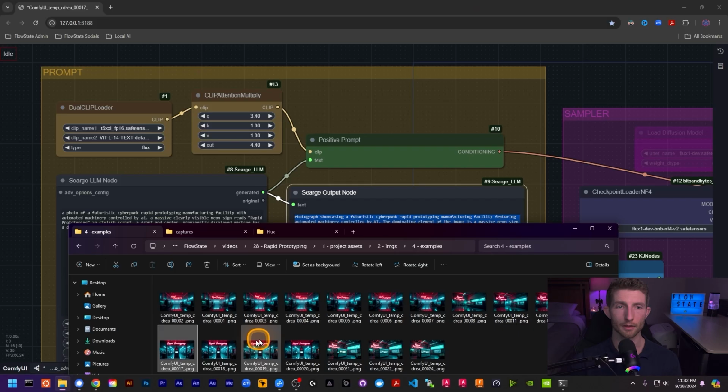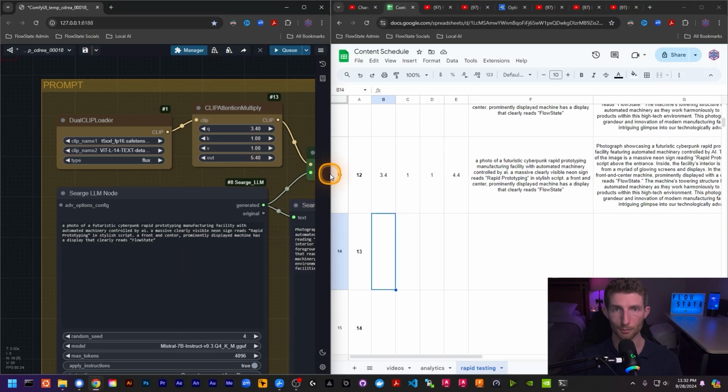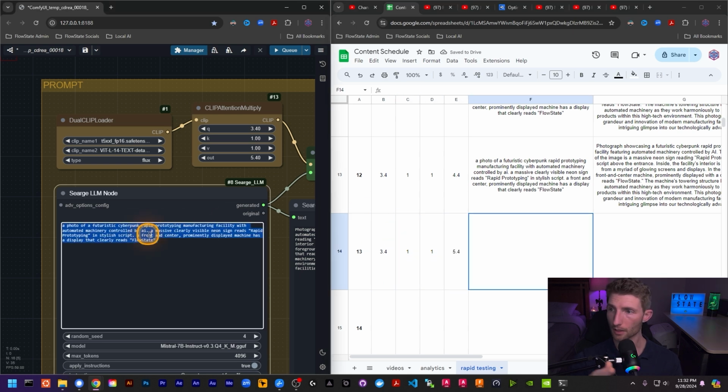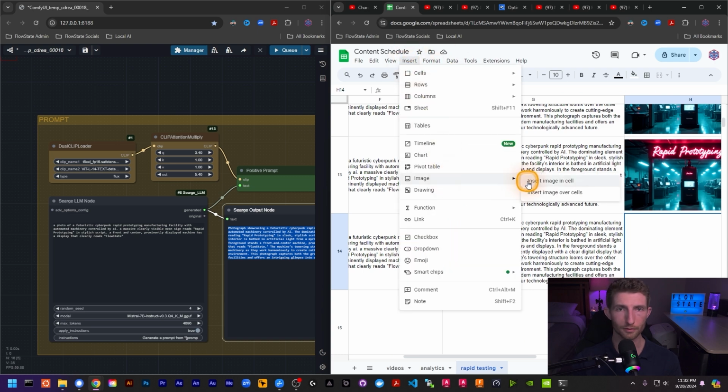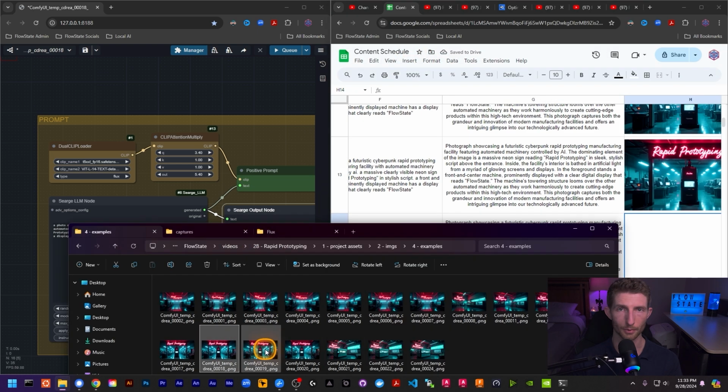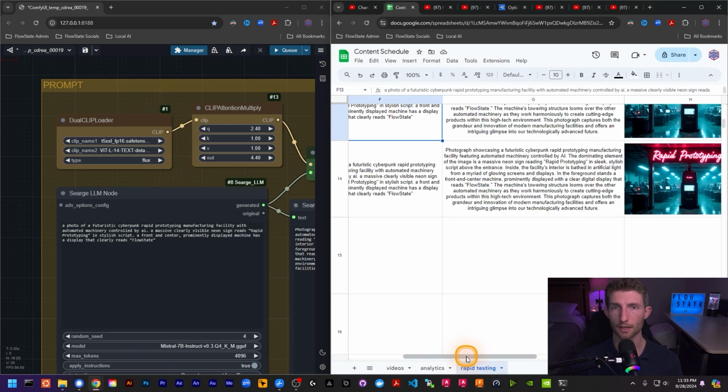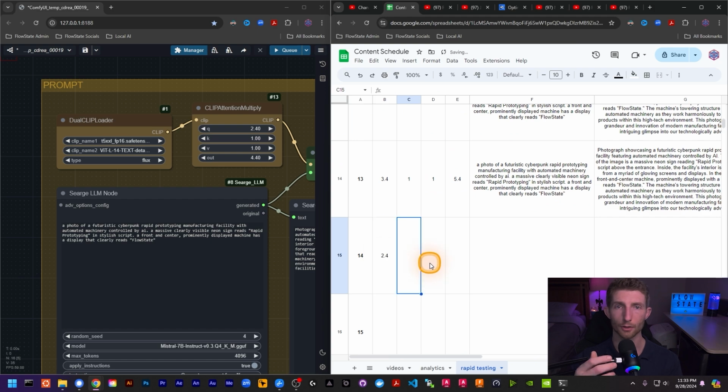And of course in Comfy, the images have the workflows embedded into them, so once you get through all of your runs and your queue is empty, then you can just simply drag each image back into Comfy, look at the values that were used for that image, and jot them down in your little Google Sheet. In that way you can go through a whole bunch of different runs with a whole bunch of different parameters, and then you can collect the results and analyze them all at once and figure out where to go from